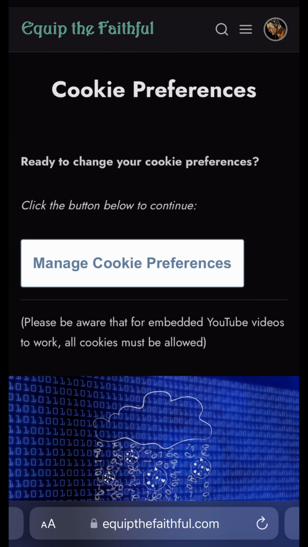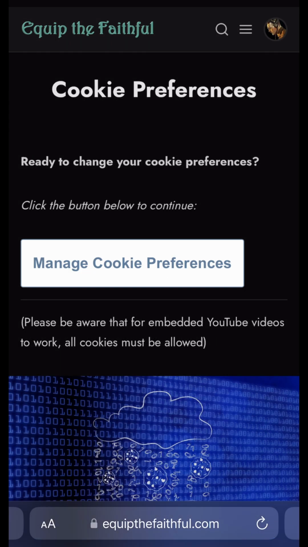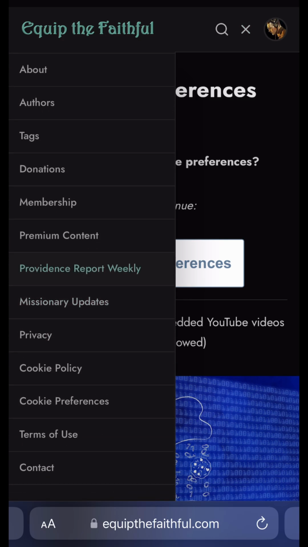For any site user who mistakenly declined cookies when first prompted on their initial visit, this will allow them to adjust their preferences. All we have to do is click on the Manage Cookie Preferences button and make our selections. I'm going to allow all. Next, in the left navigation menu, we have a link to the Terms of Use. The Terms of Use, Privacy Notice, and Cookie Policy are just documents that we are required to include on the site to protect ourselves legally and to comply with certain regulations.